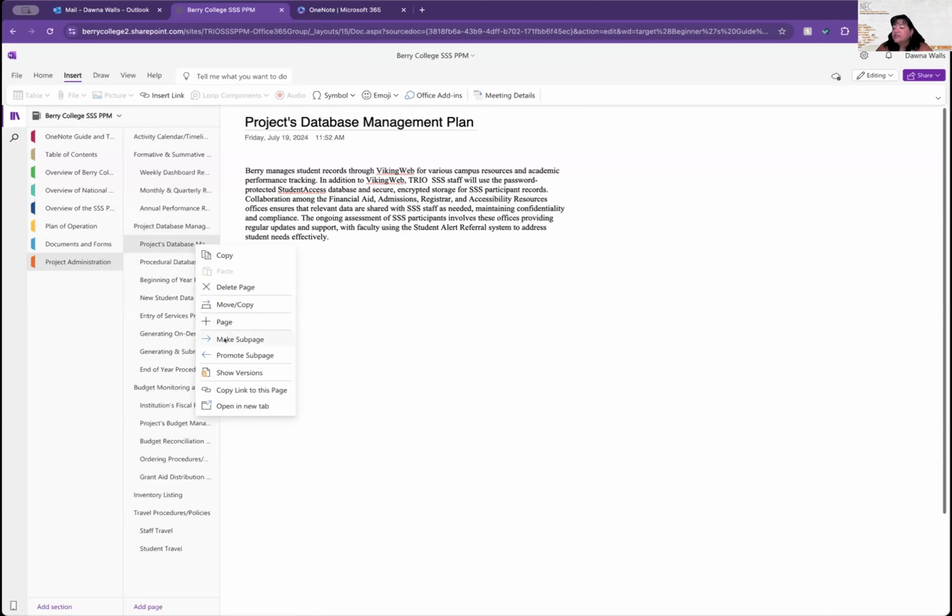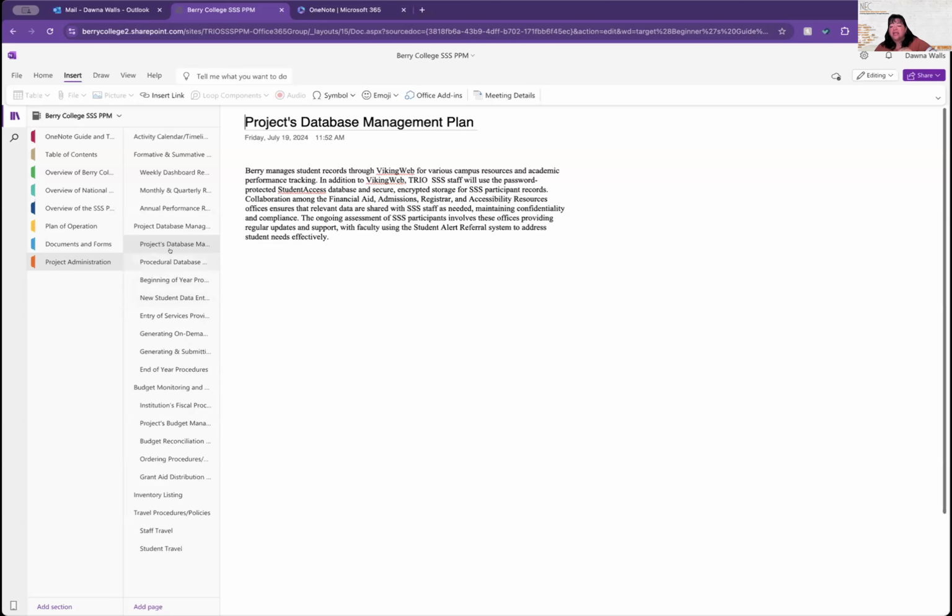That's true. You can make things subpages, promote them. If there's a page you want someone to work on, you can copy the link and send them an email and say, can you work on this page? So that's nice. And if you decide, I don't want this here, I want it under something else, you can actually move it around very nicely without worrying about that.